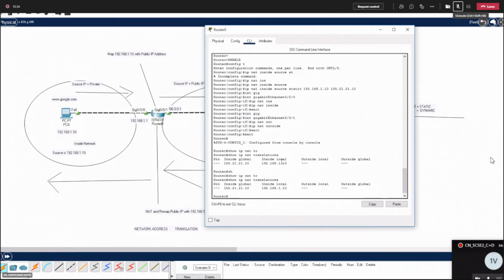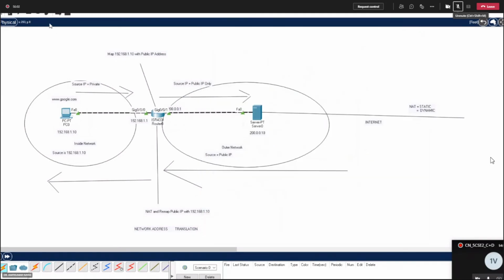Now this is static network address translation. Manually we have typed, manually we have mapped the private IP address with the public IP address, but the discussion about private IP address and public IP address is still pending. So can you please tell me what is the difference between a public IP address and a private IP address? And now let me show you the data transmission. Let me show you the packet transfer.